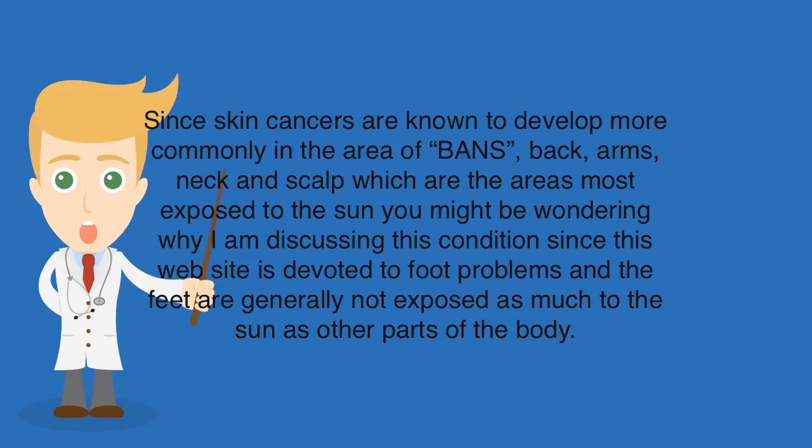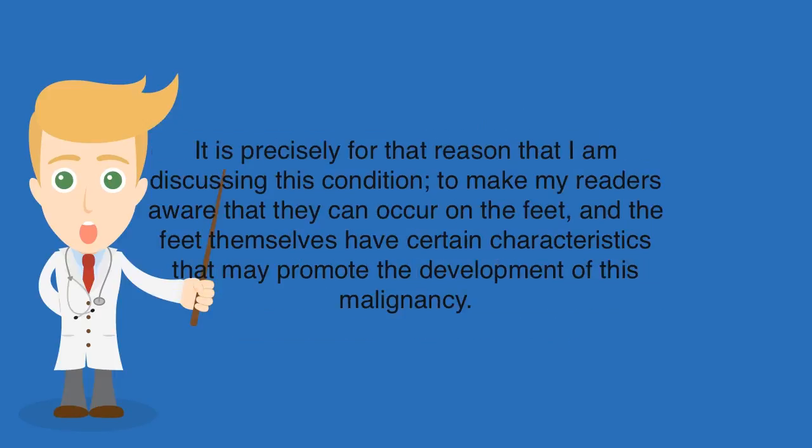Skin cancers are known to develop more commonly in the areas of the hands, back, arms, neck and scalp, which are the areas most exposed to the sun. You might be wondering why I am discussing this condition, since this website is devoted to foot problems and the feet are generally not exposed as much to the sun as other parts of the body. It is precisely for that reason that I am discussing this condition, to make my readers